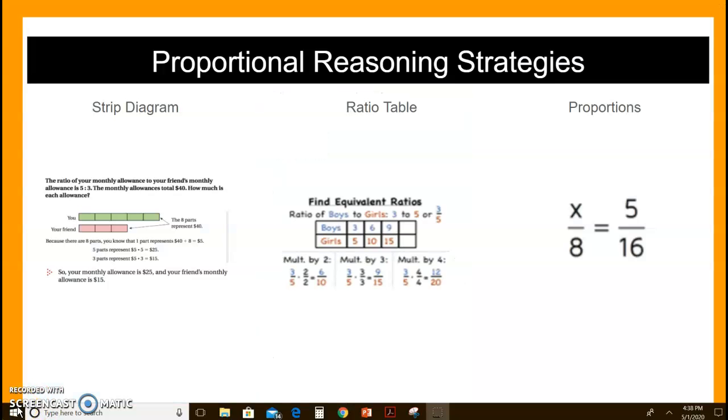As I mentioned before, there are 3 different ways that you can try to solve these problems. You can try to create a strip diagram. We've had notes on strip diagrams before, and if you are familiar with that, you can use that. Also, you can create a table by writing in the ratios and finding equivalent ratios, and that can also help you solve those problems. Or you can use the proportion way. We've done a couple of things. We have found